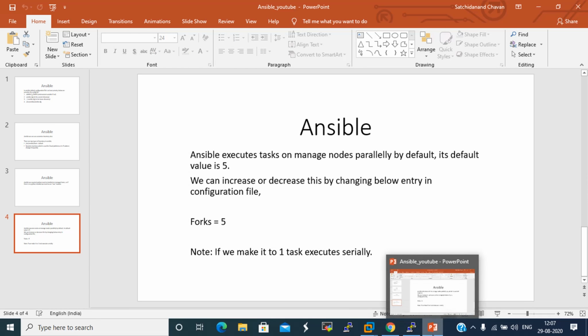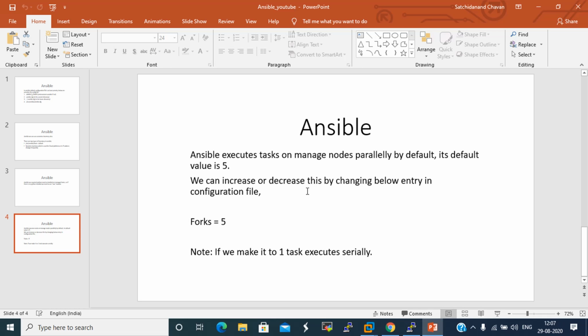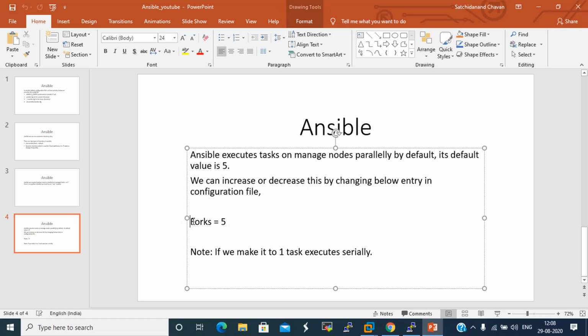Also, by default, Ansible runs the commands or tasks on managed hosts in parallel, and the default value of that is 5. You can change it anytime to whatever value.